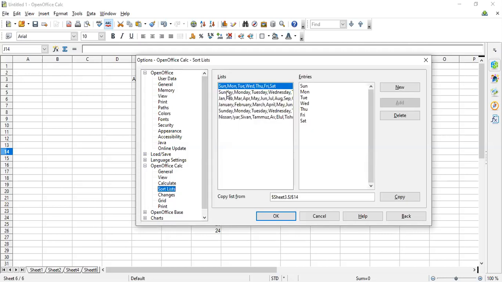These are the lists which are already there. Let's say Sunday, Monday, Tuesday is there, Sunday full, January, February, and these are there. And one list is also made, some names are written. These are some general names which you can add. And if you want to add a new kind of list, automatic list, click on this new button, put up your entries. Like I want ABCD, let's say I'll put A, B, C, D. So keep on adding these letters.